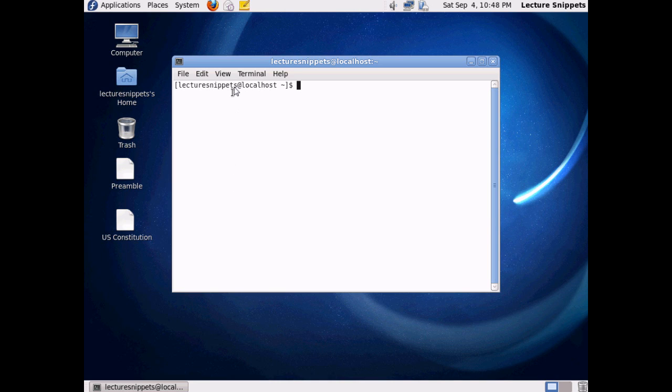To begin with, I want to show you here this login. It does say lecture snippets. This is the actual user I'm logged into under the terminal. This is the name of the computer. It's called localhost in my case. The tilde indicates I'm in the home directory of my user. So this is the home folder of the user, and then the $ sign indicates that I am currently a normal